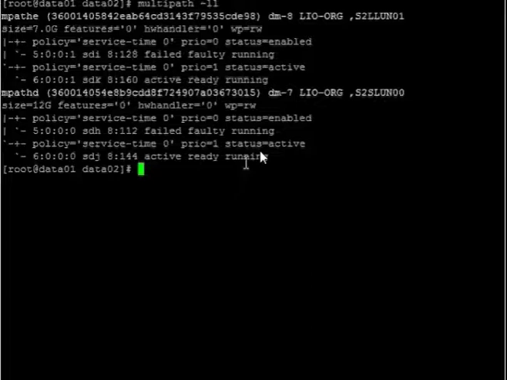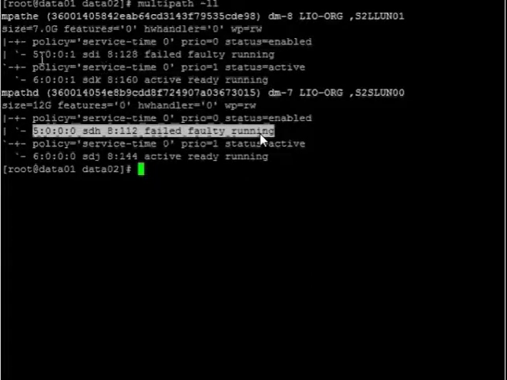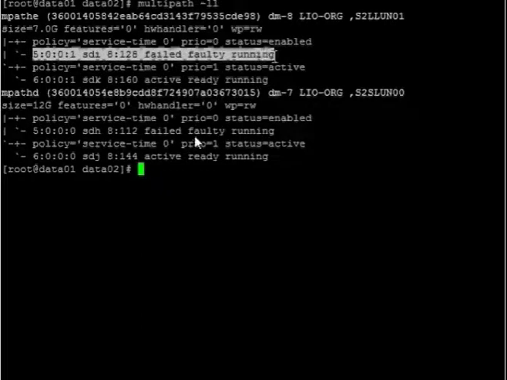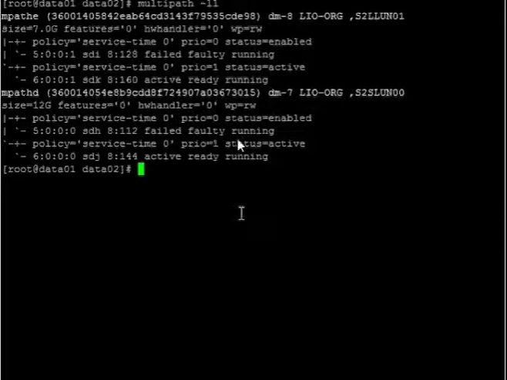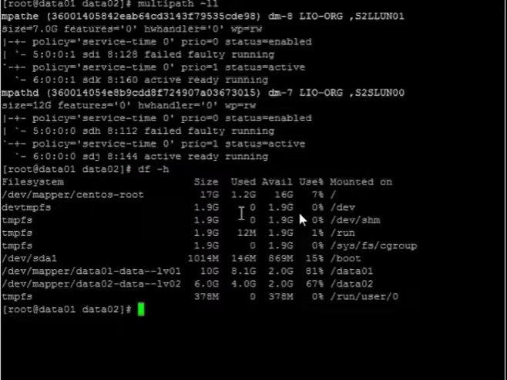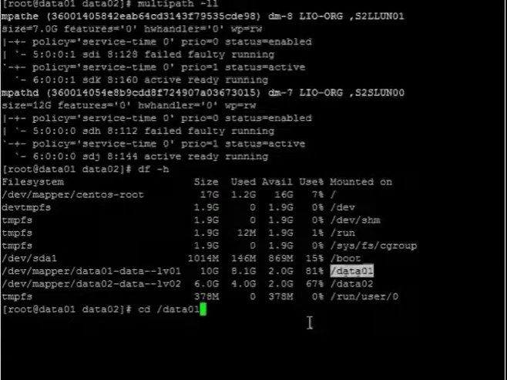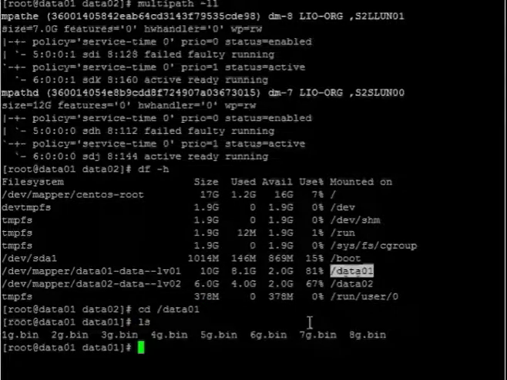Now here you can find the failed and faulty running. So this tells you there is one issue on the server, but you can see the data. The data exists on the server.